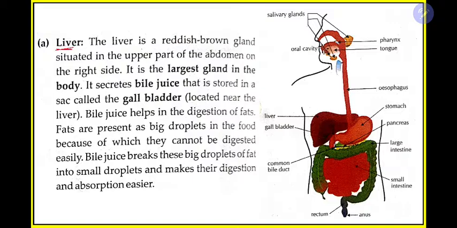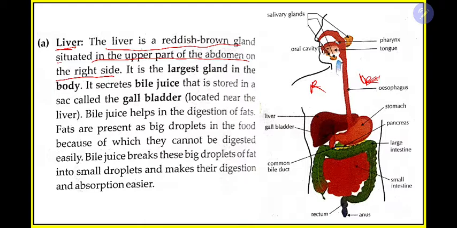So what is the function of the liver and the different juices we get from the liver? The liver is a reddish brown gland situated in the upper part of the abdomen on the right side. See, this is your right and this is your left, because whenever you are reading it you can assume yourself. Yes, this is an image, so it is showing you the mirror opposite. Whenever you stand in front of a mirror, you are looking at the opposite. Similarly, in this image, you consider yourself on the right side of the abdomen.